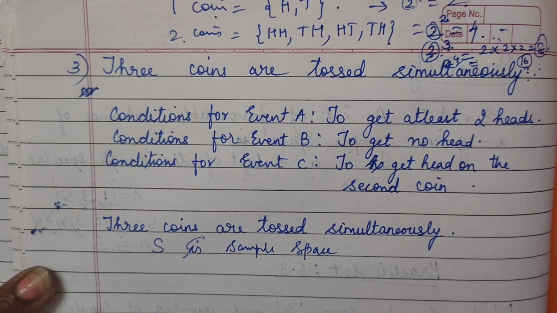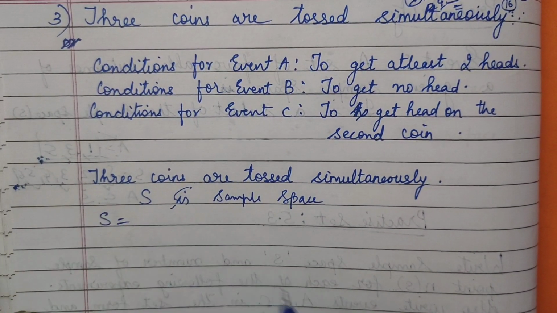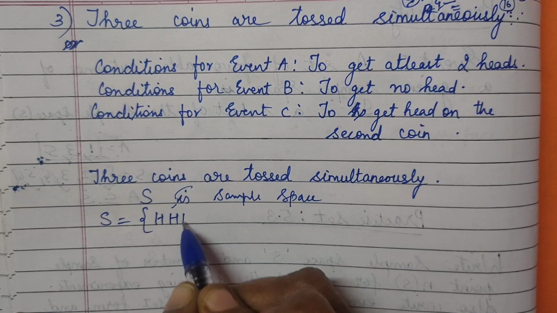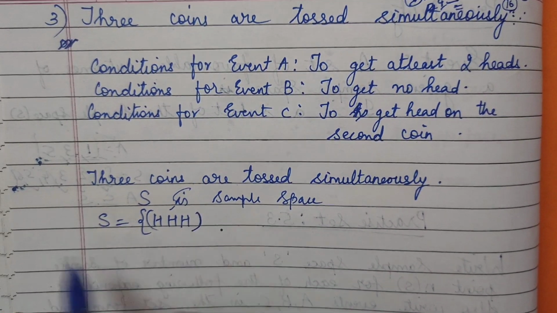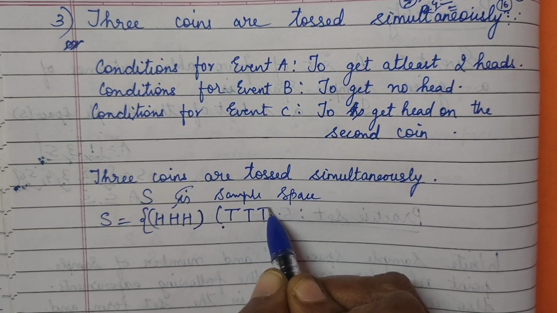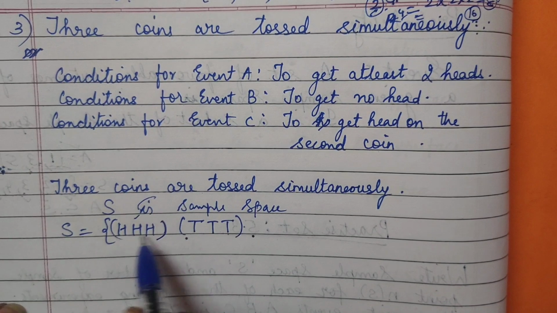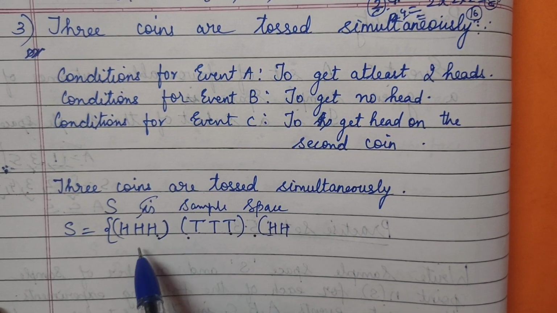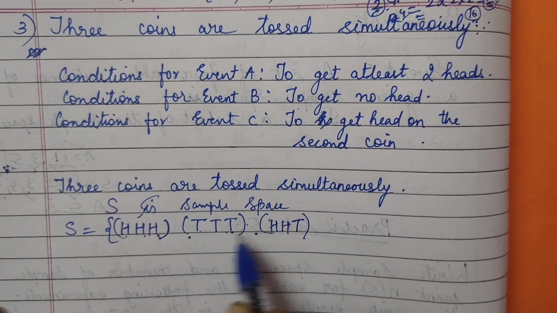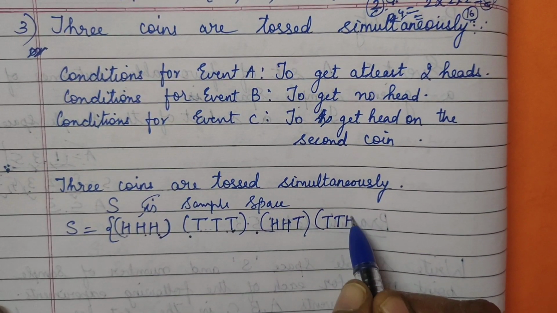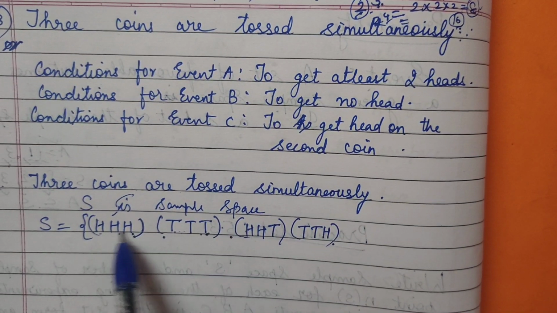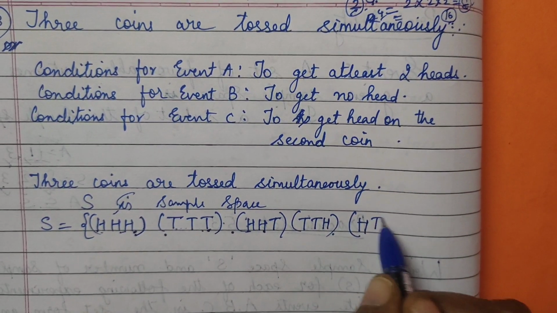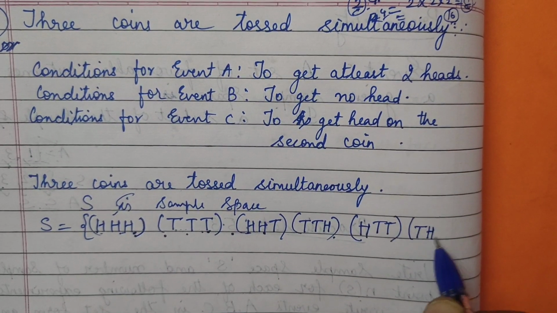Let's see. I'll tell you how to write it very easily. First we will write it: 3 coins are tossed, so HHH. This is one combination, all three coins showing H. And the next, all three coins showing T, triple T. So we have written 3 H and 3 T. Now we will write 2 H, turning one of the three into T. Similarly, for the 3 T, now we write 2 T and one H. Now 2 H is done. Now we write H only once and change all the rest to T. Similarly, write T only once and change all the rest to H.